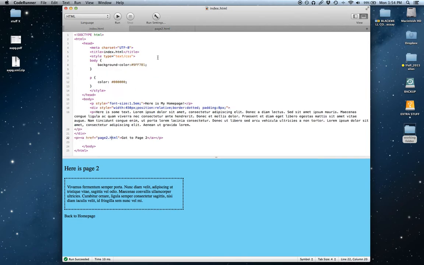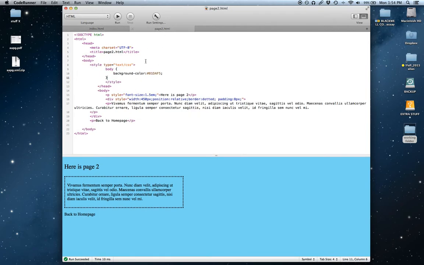We've linked from index.html to page 2, but we have a problem: we don't have a way to get back to our home page. So what we need to do is turn the text "back to home page" in our code into a hyperlink as well. We're going to surround that text with opening and closing anchor tags,